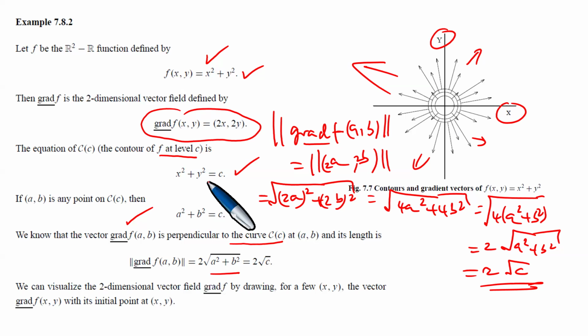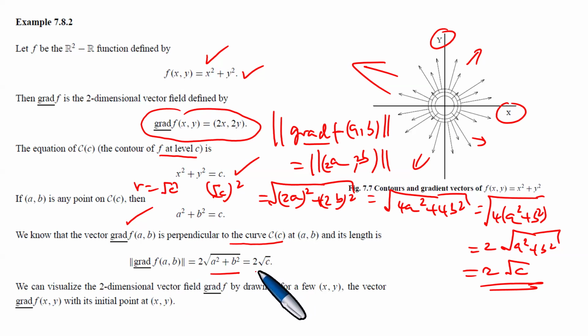What is the radius of this circle? The radius of this circle, we're able to see, is the square root of C, because this is like the square root of C squared. But most importantly, we're able to see that the length of this particular gradient function is 2 times C,